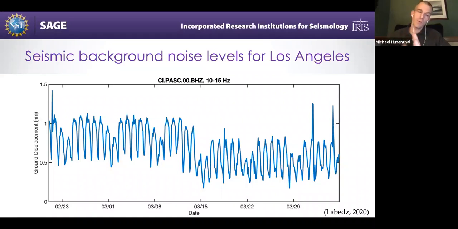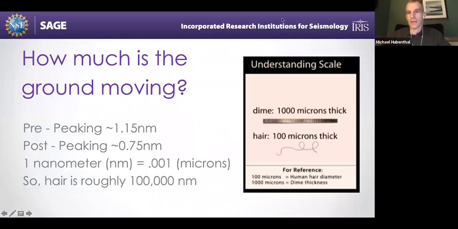One of the places I wanted to start was, when we're working with students looking at this data, it's worth taking a little bit of time to say, what's the scale that we're actually talking about here? Ground displacement in nanometers, we need to put that in context for people because this is a unit that people probably aren't used to thinking about. Seismometers are super sensitive instruments. So when we're looking at this, we're asking how much the ground is moving. Well, if you look before 3/15 in that plot, we were seeing peaks at approximately 1.15 nanometers,